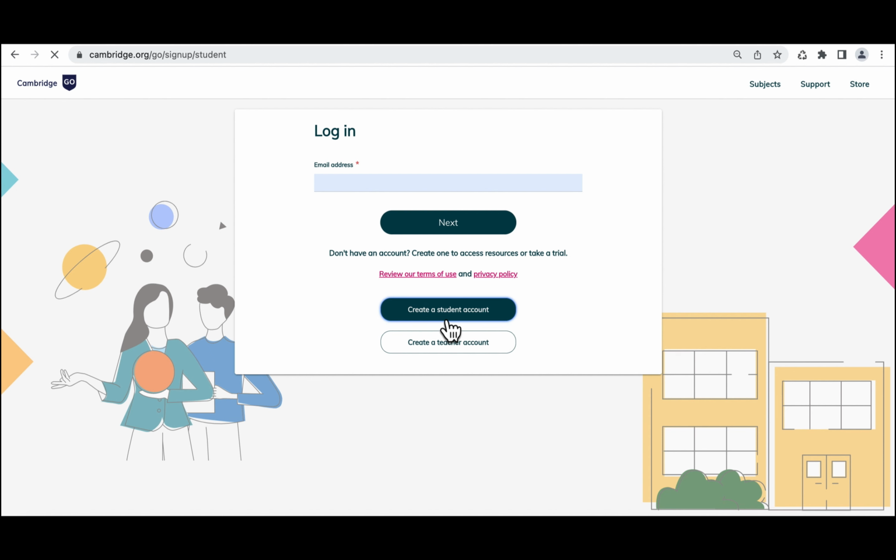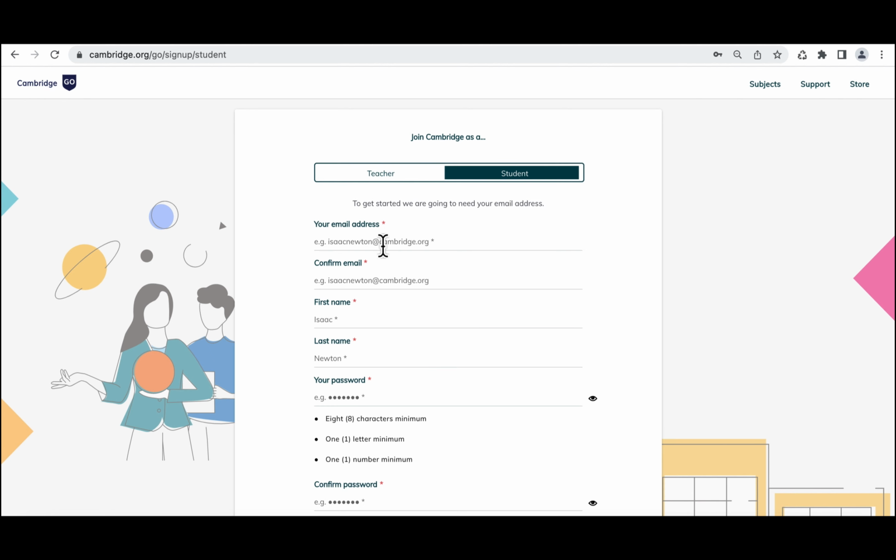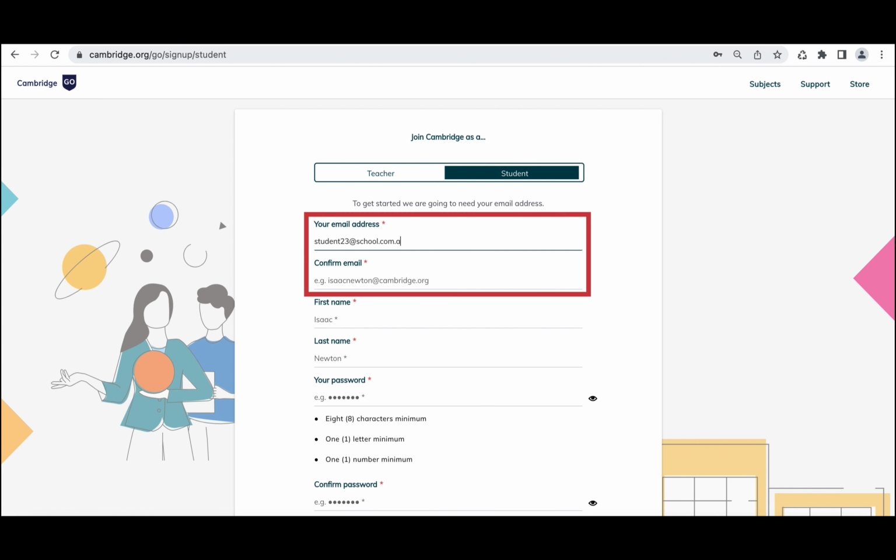If you are a new user, click Create a Student Account and you will be prompted to set up your account. Ensure that Student is selected at the top of the page to join Cambridge Go as a student. Then enter your school email address. If you don't have a school email address or are unable to access it at this time, use an email